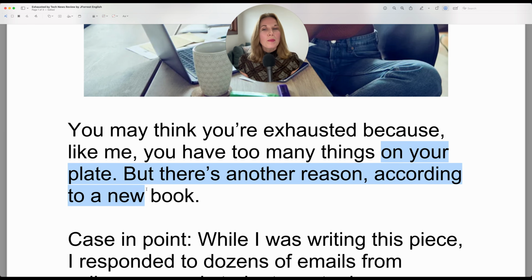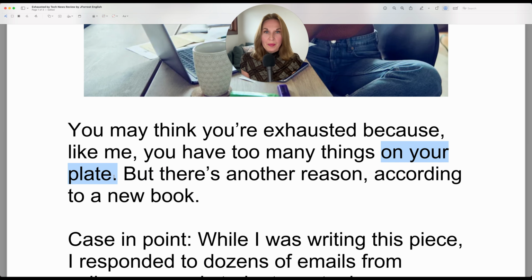You may be familiar with this idiom. To have something, in this case, the something is many things on your plate. So the idiom is generally, I have a lot on my plate. I have so many things on my plate. I have so many projects on my plate. So you can use something specific like I have so many projects, or you can just be general. I have a lot of things, a lot of tasks. I have a lot on my plate.